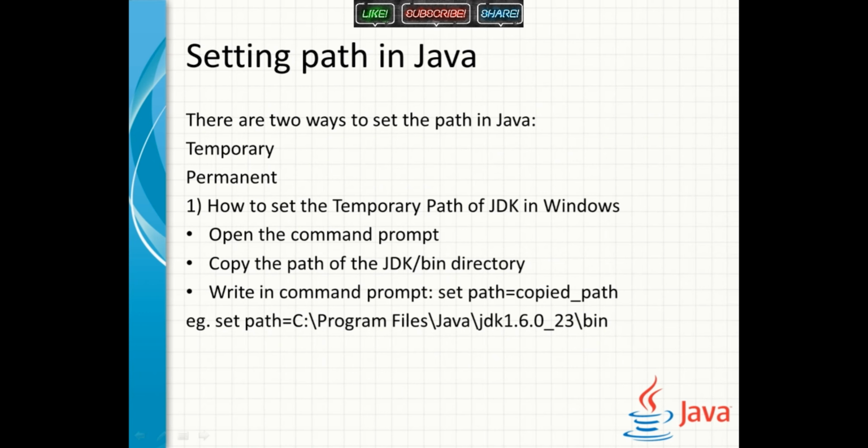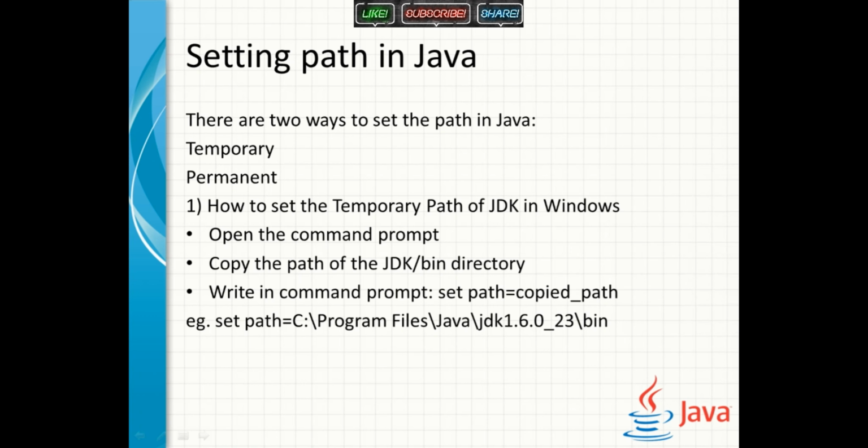After installing, you need to set the path, temporary or permanent. If you are writing code within the bin directory, it will be fine and there is no need for setting up. But suppose your folder is somewhere else in the directory and you want to execute the program, then you have to set the path for the complete directory of the folders. For that you need a permanent path.